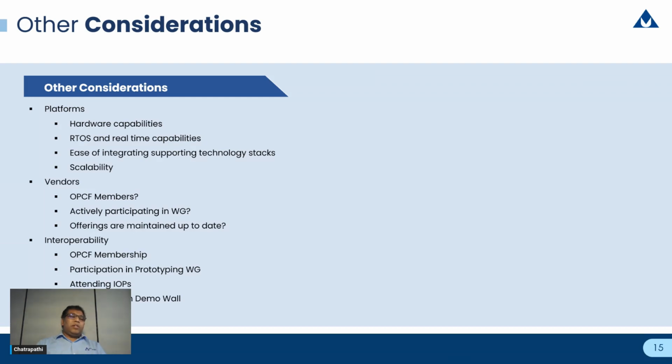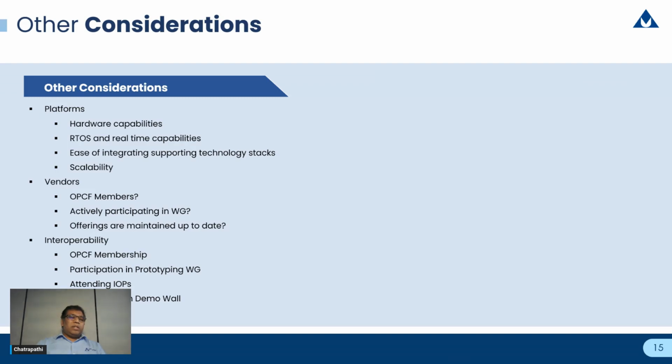And once your implementation reaches a certain level, you can consider participating in that demo wall as well. Already a lot of member companies have their implementations in the demo wall, where a live demo of OPC FX is demonstrated to all the visitors in different trade shows and other